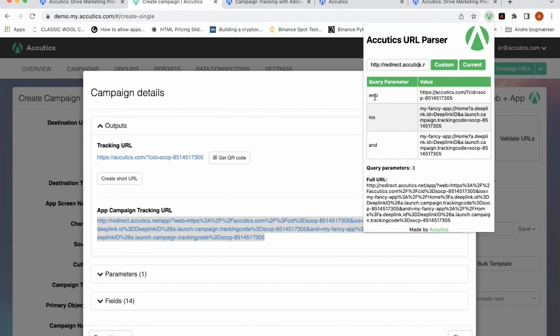We have a web link. So if the logic determines that this is a desktop browser, not a mobile phone, we're going to redirect the user to the normal tracking URL with the destination, essentially this one that we have up here, with the Adobe tracking code applied to it. If it's an iOS device, we actually have a deep link for this iOS device. But the next step, and this is actually handled by the redirect service,